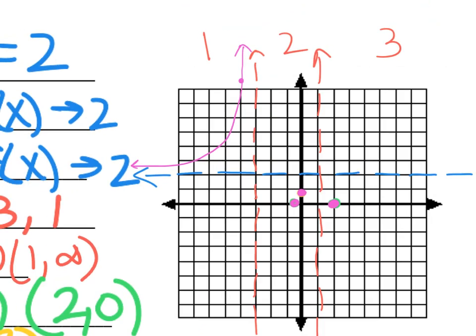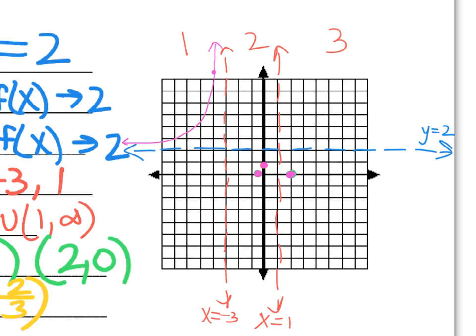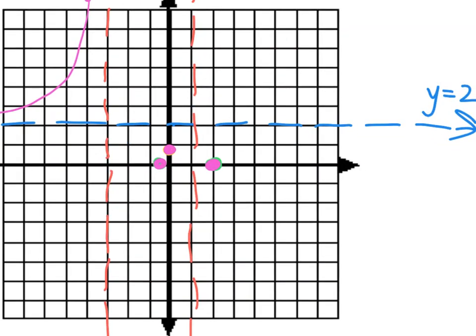Because for the most part, especially in those outside lanes, like lane 1 and 3, you're either going to be above your horizontal asymptote or below. In the middle, it can cross, so that's where you do have to be a little bit more careful. So over in lane 3, that's telling us that our graph is here,